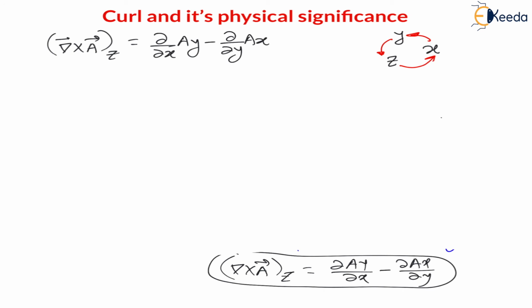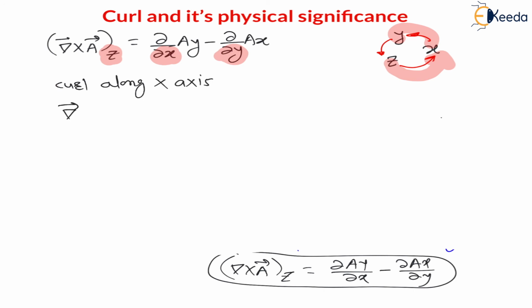See, if I want to find for the z axis, then the sequence is z, dou x, dou y. Right, this sequence we have to maintain logically. Therefore, the curl component along x-axis